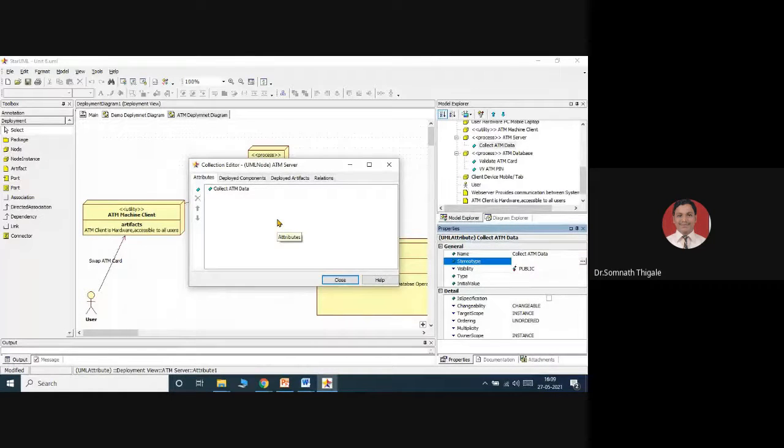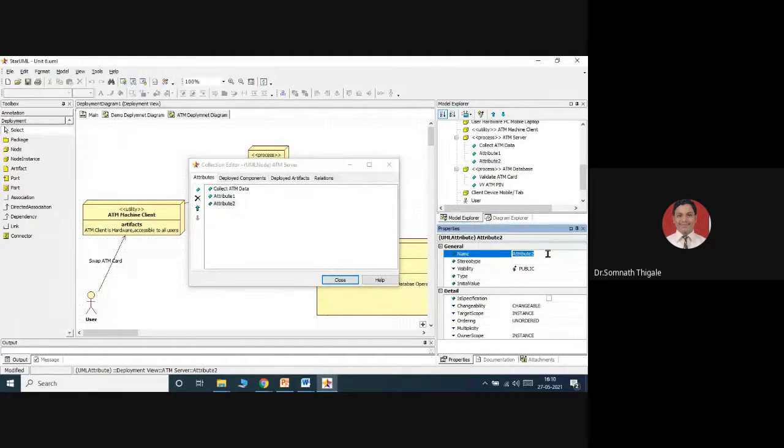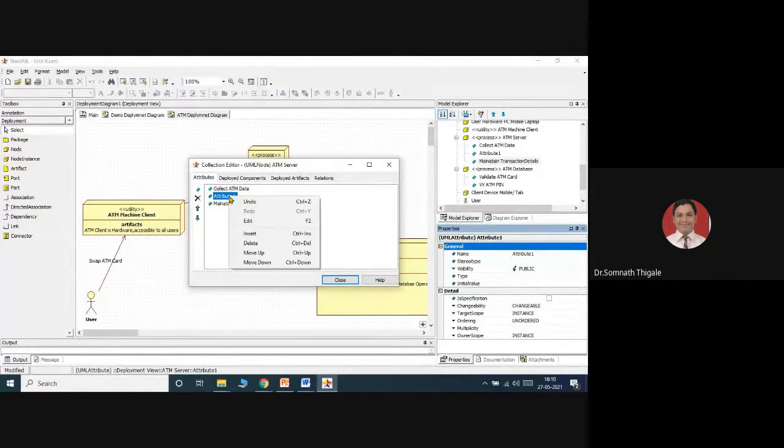I'll add one more scenario over there, and that is collect PIN data, and one more scenario over here, maintain transaction details. Okay. ATM data, then PIN data.